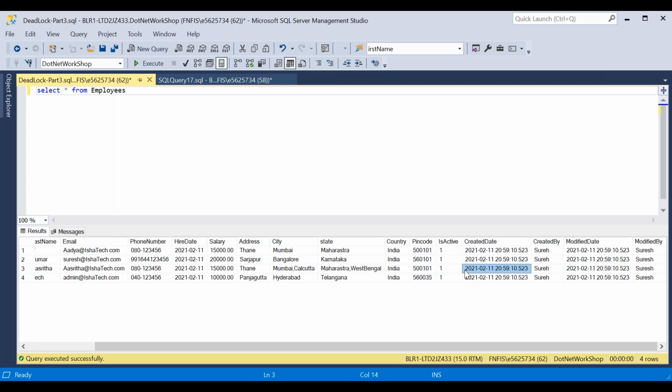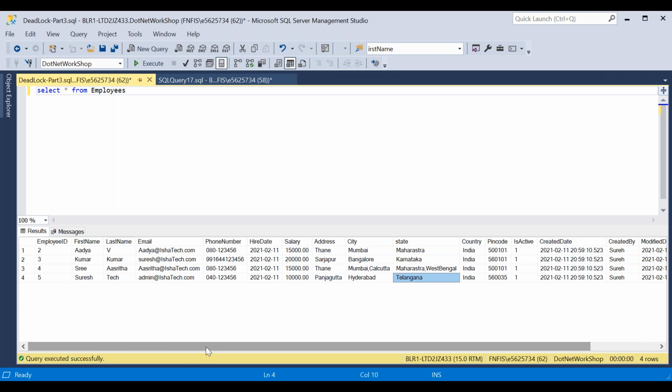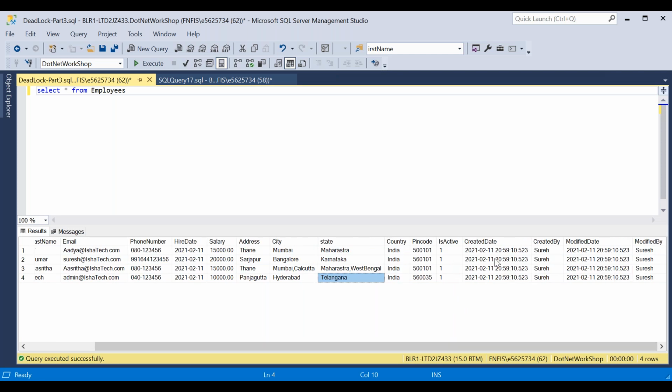Example, if I have 5 records or 4 records, which is fine, but in the live database I'll have thousands of records. When I put star mark, it will try to fetch all the columns, all the rows from the database, which is incorrect, because I do not want to show the user columns like created date, created by, modified by, modified date and is active.